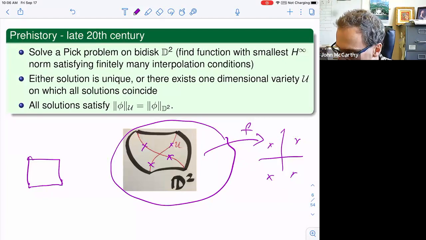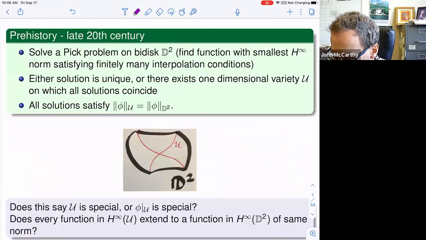So then we wanted to know, does this say that U is special, or that the function phi restricted to U is special? In other words, if I take any bounded function on U, should I expect it to extend to a bounded function on the bidisk with the same norm? Or is the fact that the function phi came from a,